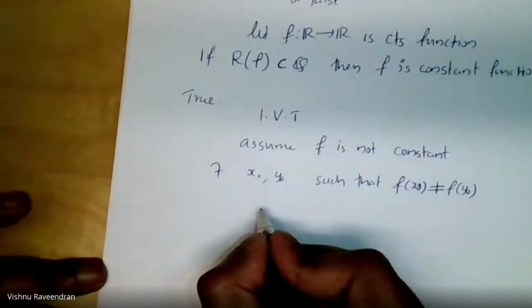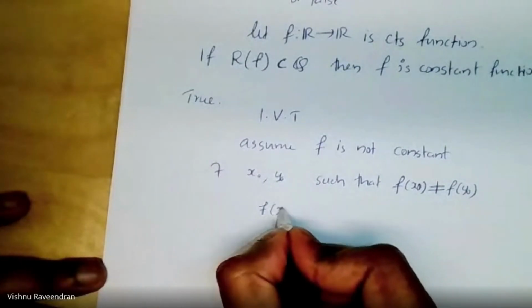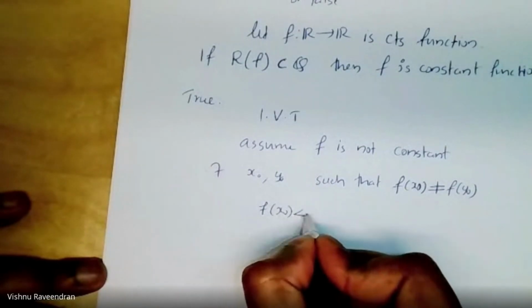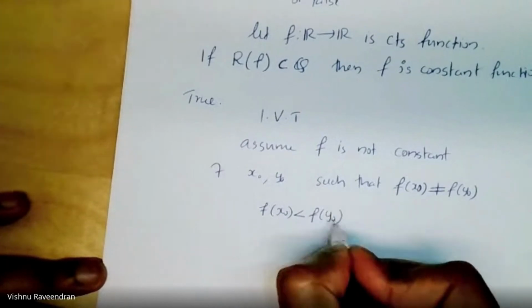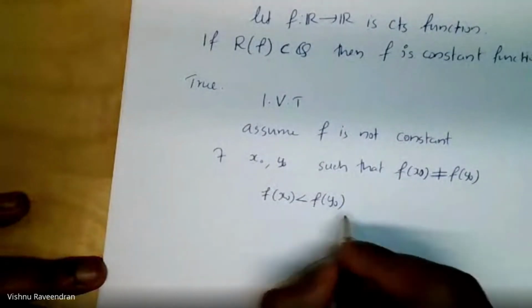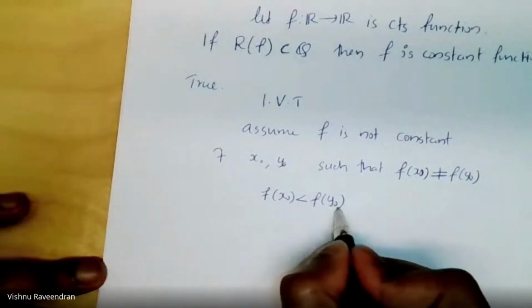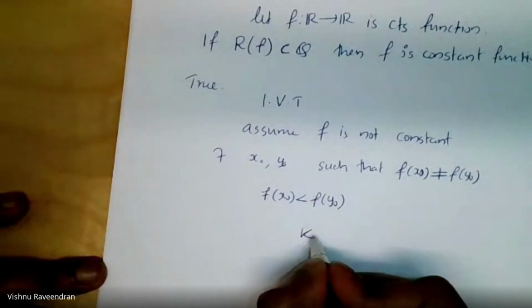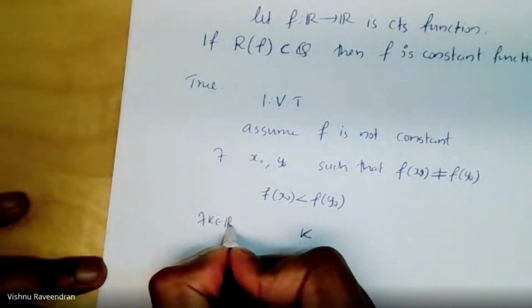Without loss of generality, assume f of x0 is less than f of y0. So you can always find a number k in R such that